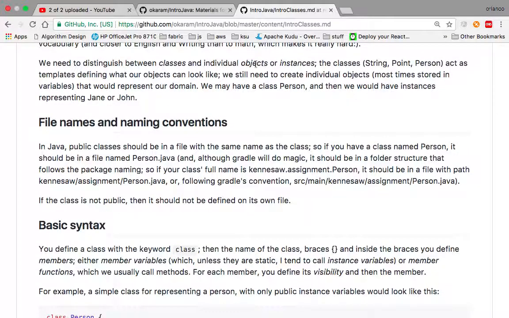Now, one important thing is we need to distinguish between classes and individual objects or instances. Normally, we're going to use a computer to keep track of bunches of things. So we need to be able to define what each thing looks like, but we don't want to be defining, if Kennesaw has 20,000 students, right? When we're programming, we don't want to talk about the 20,000 students. So what we want to do is to define what a student looks like, what kinds of things you can do to students, and then, right,